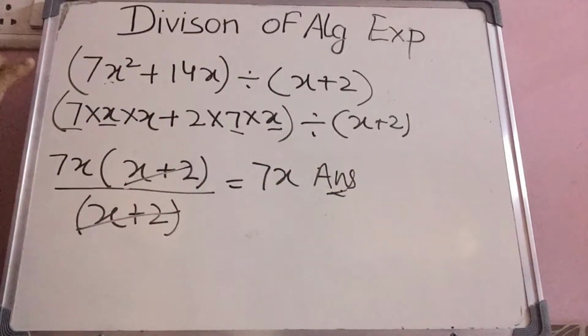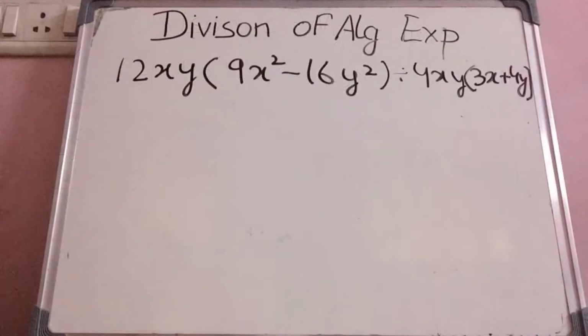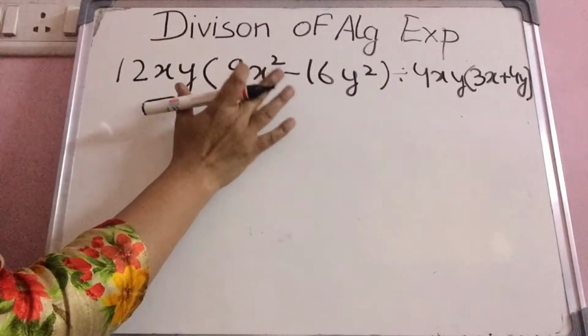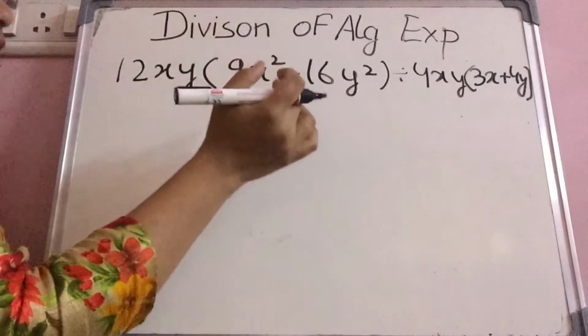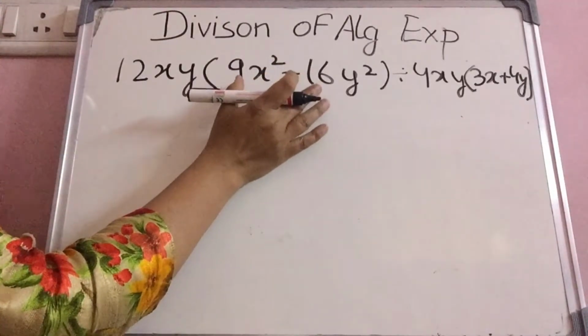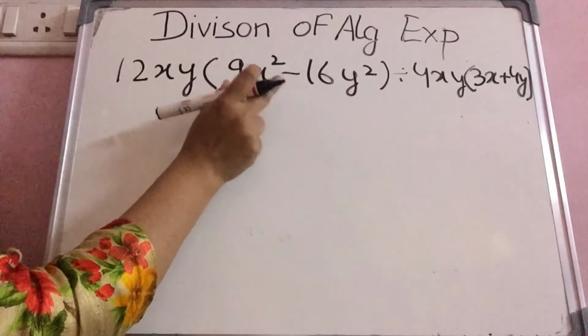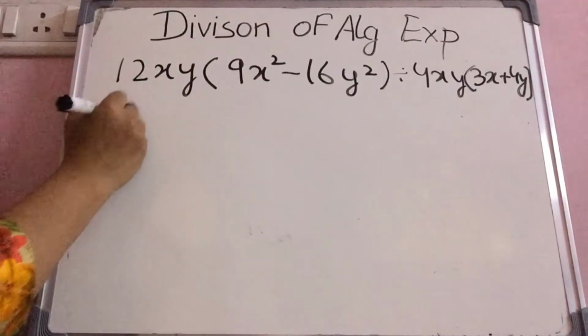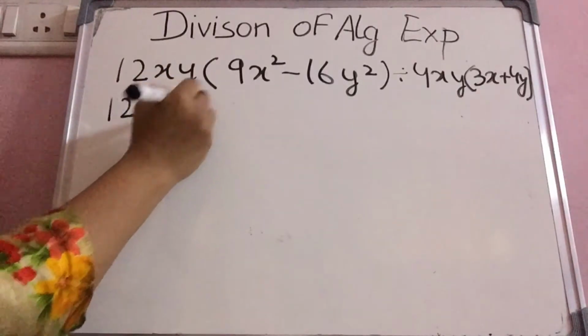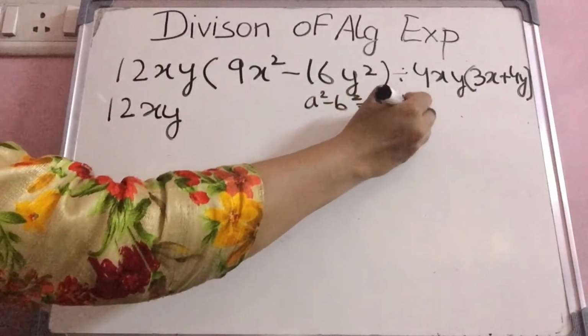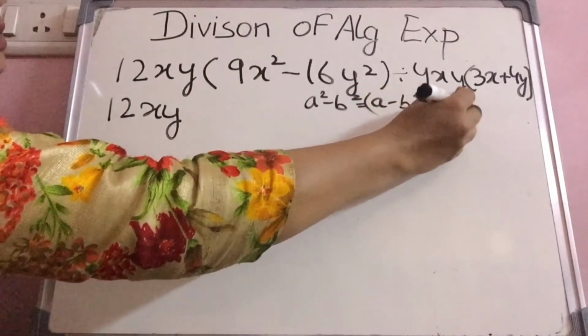So in such questions we have to factorize them and cancel the common terms from denominator and numerator. Again, for doing this question, we will factorize this part so that we can cancel out common terms from the denominator. How will we do it? We can see that on applying identity number 3, we can do this. Please revise identities so that you are able to factorize algebraic expressions. Identity 3 is a square minus b square is equal to a minus b and a plus b.